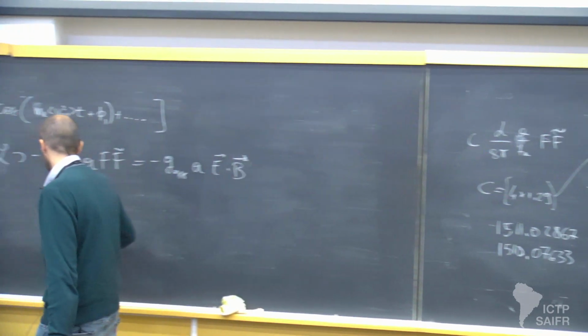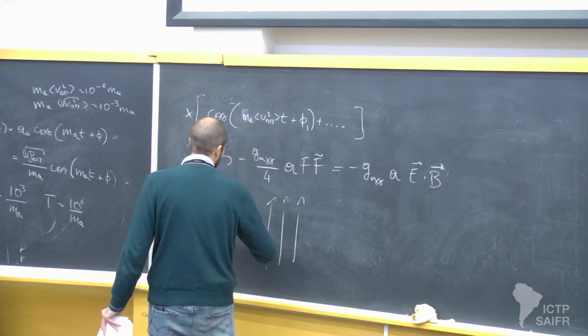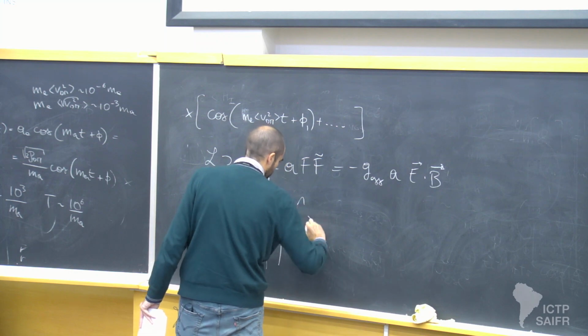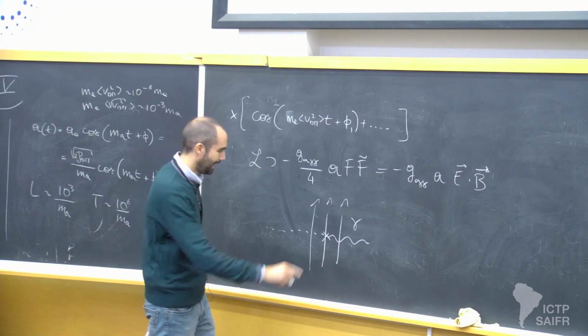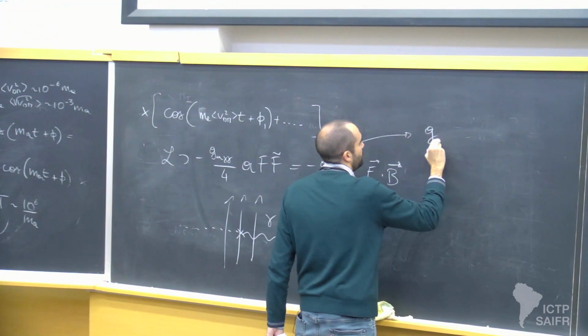So in practice, you're turning on some magnetic field, the axion is coming in, and in this field it can mix with the photon and give you an observable signal. I leave you as an exercise to estimate this coupling,